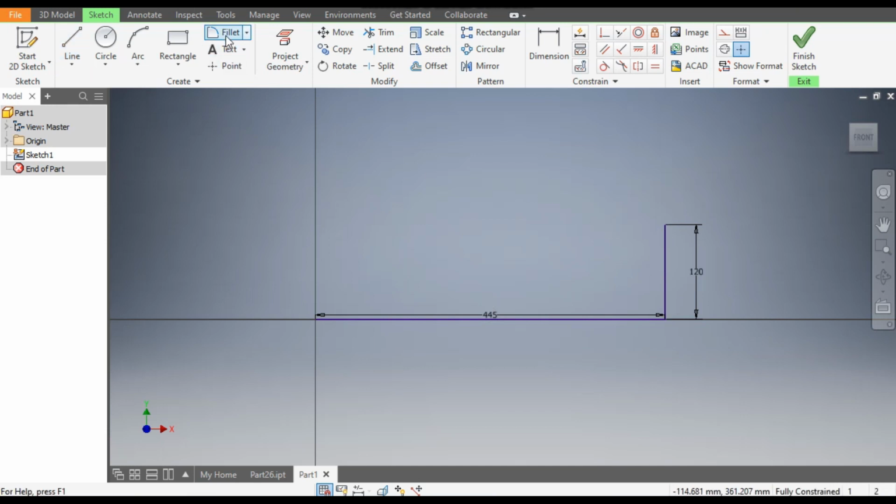Now go to fillet command. Here take a fillet of 75 radius. Select this line and select this line. Now exit. Now finish sketch